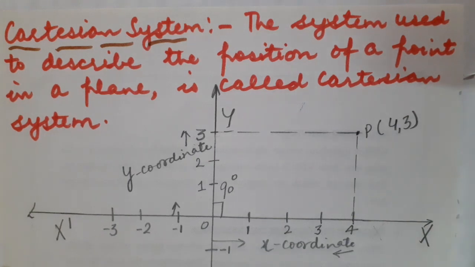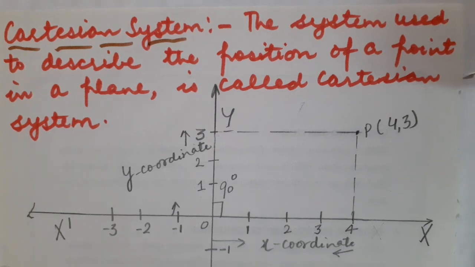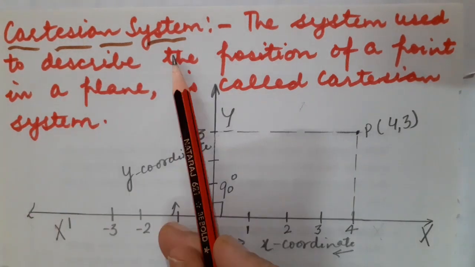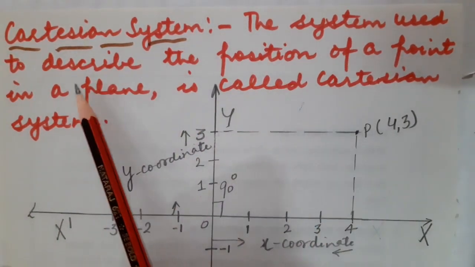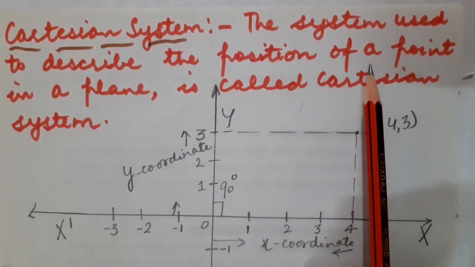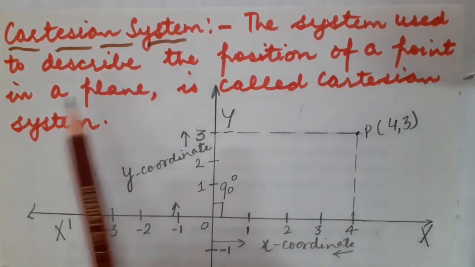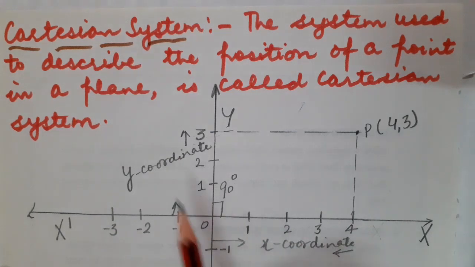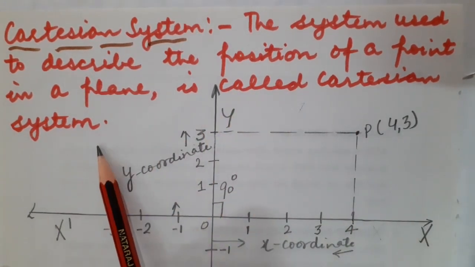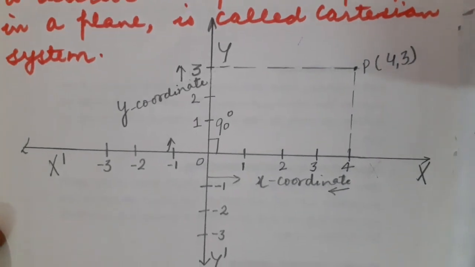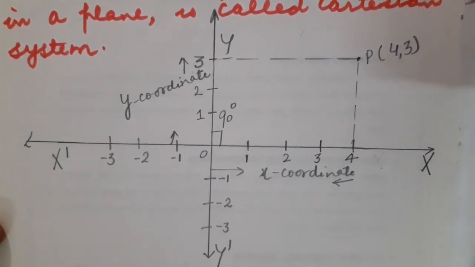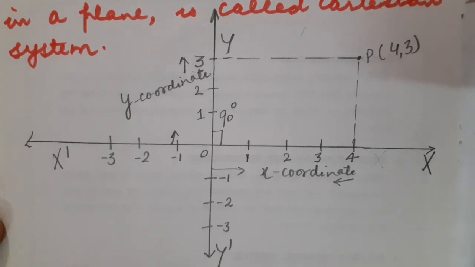For better clarity of the definition of coordinate geometry, children, I am going to introduce the next term, that is Cartesian plane. From this, you can better understand the definition of coordinate geometry. So what do you mean by Cartesian system? The system used to describe the position of a point. As I told you in the definition also, the position of an object, or I should say the position of a point in a plane. Of course, we are dealing with the plane figure. So that is called the Cartesian system. Just look at this diagram very carefully. While looking at this diagram, you can better understand what is basically coordinate geometry and what are all the important terms which are used in coordinate geometry.